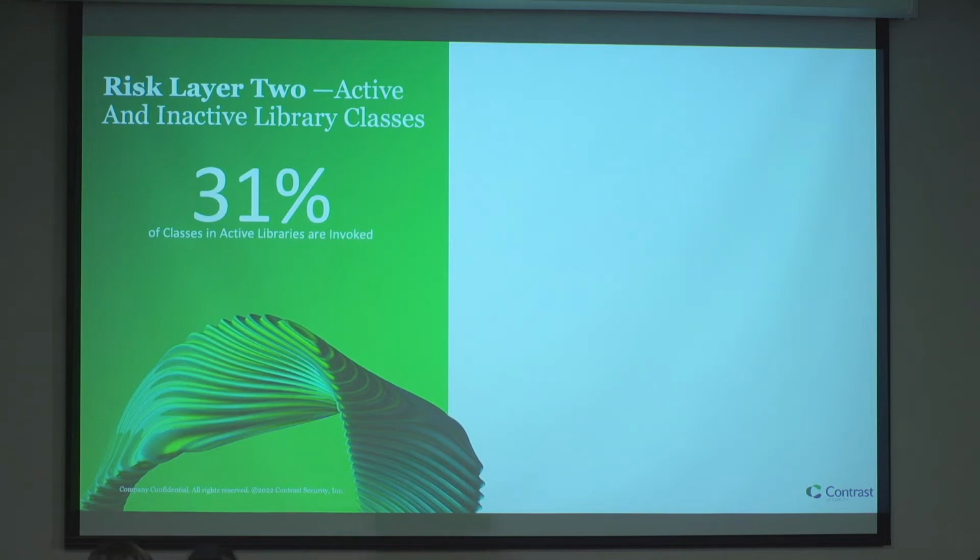31% of classes in active libraries are actually invoked. So that means, in total, out of all application code, overall, less than 10% is actually active library code. So that means 90% of the code that your application is running is custom code, which is where you should